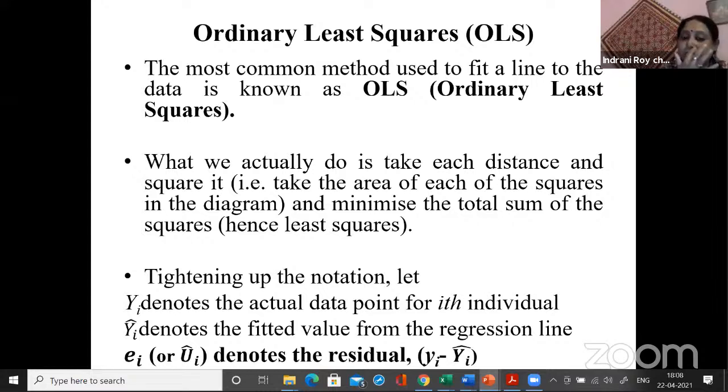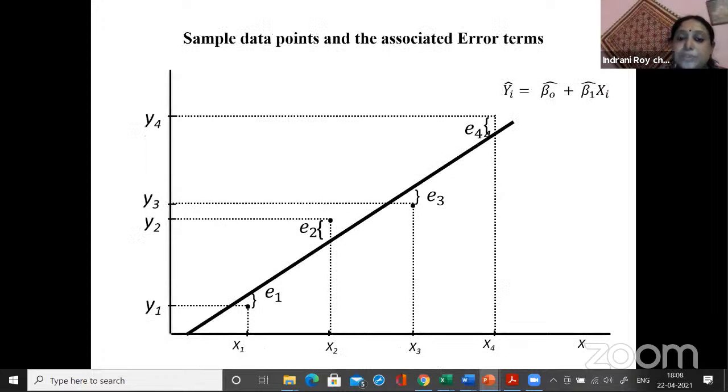So what we do is basically we use this principle of ordinary least square method. So what is this principle of ordinary least square method? We actually take the error term, which is your Ei, which we have already explained is the observed minus expected value. So we take these Ei and you try to minimize these Ei. So how do you do that? See, suppose these are your scattered points. These points which you can see, these are your scattered points.